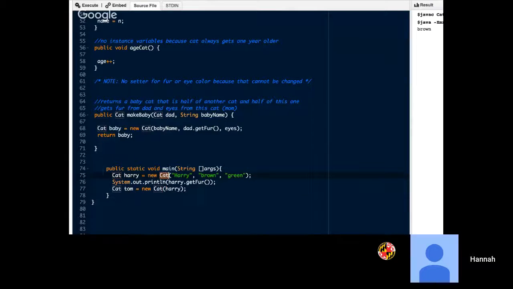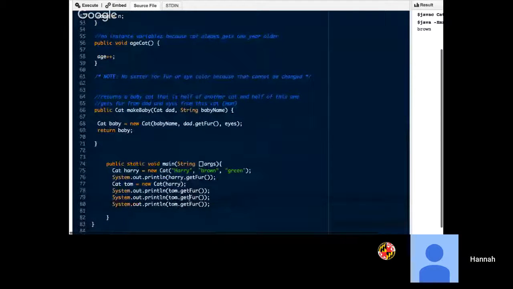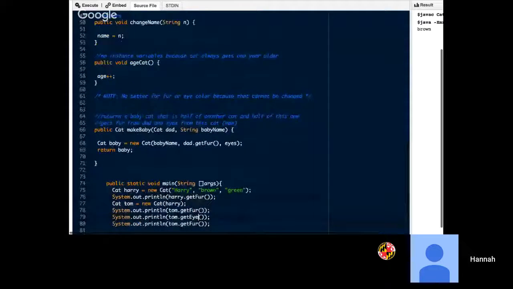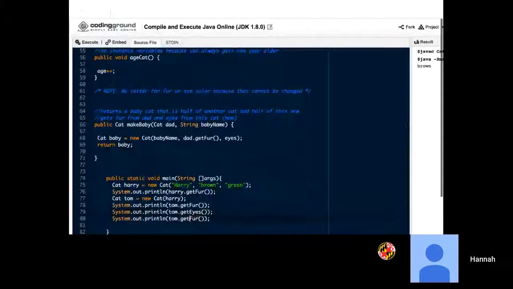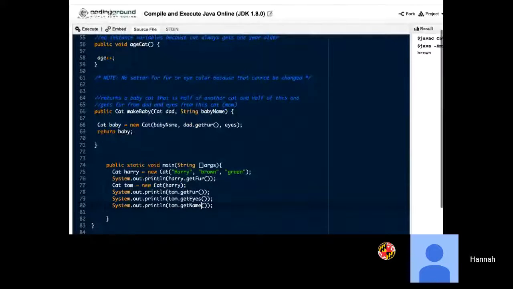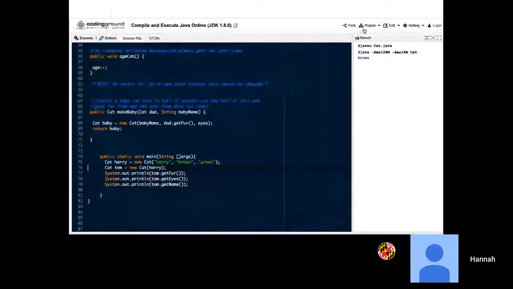And then let's print out Tom's, just going to change all of this. And then let's get Tom's eyes and Tom's name. Okay, so now if we run this,